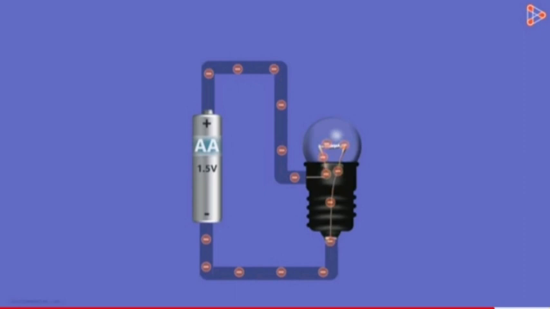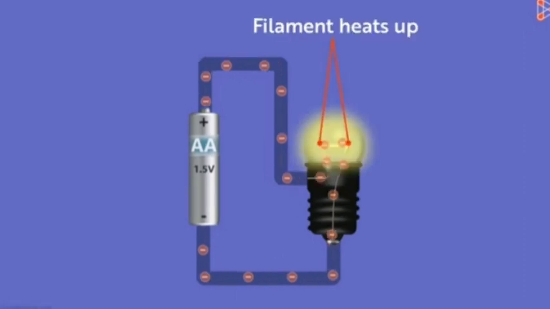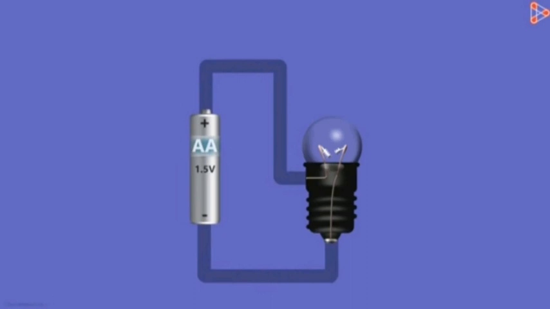Now, yesterday we learned that inside the bulb there is a small metallic wire which is called a filament. When electric current flows through it, the filament heats up. This heating up of the filament results in the glowing of the bulb, and as a result we get light from the bulb. But what will happen if the filament is broken? Will the bulb glow? No, the answer is no. The bulb will not glow if the filament is broken. Why? The reason is the circuit breaks and no electric current flows through it.